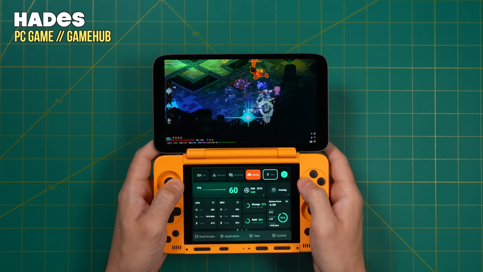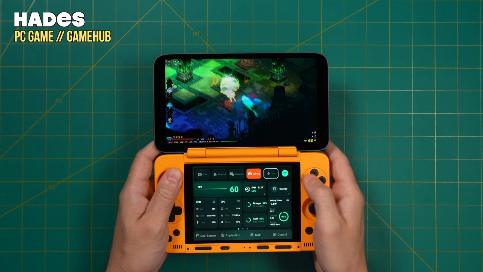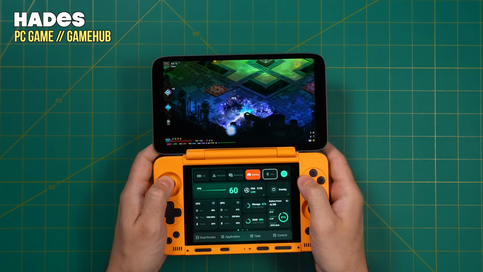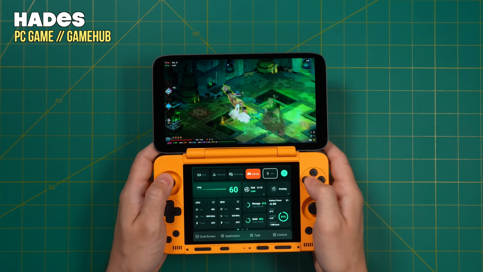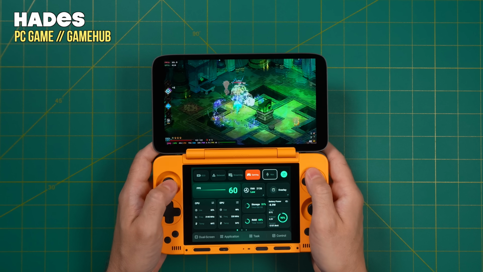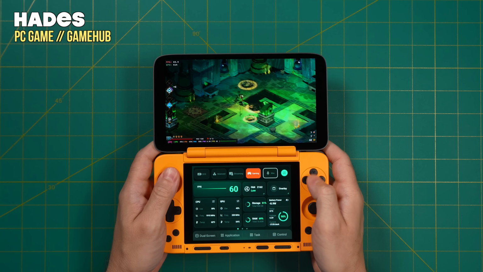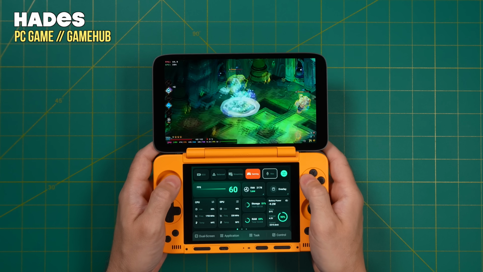Now, up until about a week ago, I couldn't get this game to work. It would boot into the game, but I couldn't get the controls to actually register. But lo and behold, with the latest update, it's working just fine. And this is also running off my Steam cloud save, as opposed to the Nintendo Switch version that I was playing earlier. This is the one where I've done over 100 escape attempts. And so this is my main version of Hades,